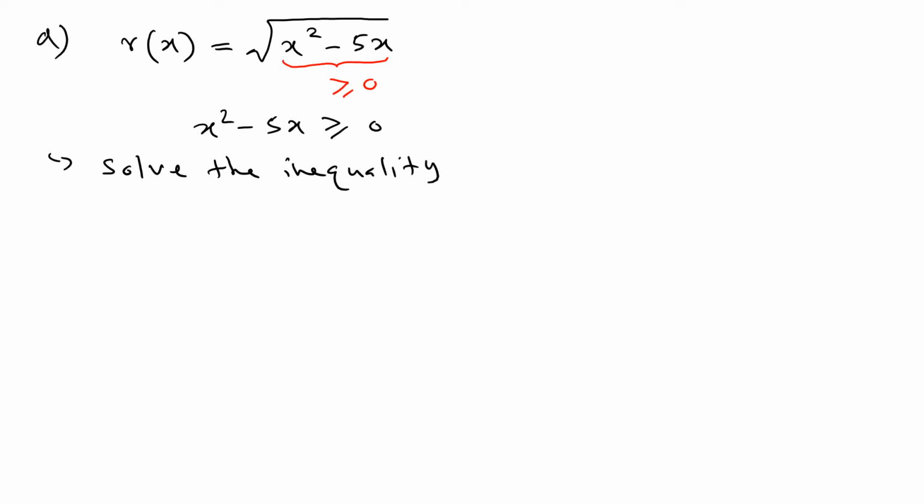So that means we can start with x squared minus 5x greater than or equal to 0. And then we're going to solve this inequality. So the next step is solve the inequality. These inequalities are very easy to solve. What we normally do is we factor. So I'm going to write the steps. So, factor,